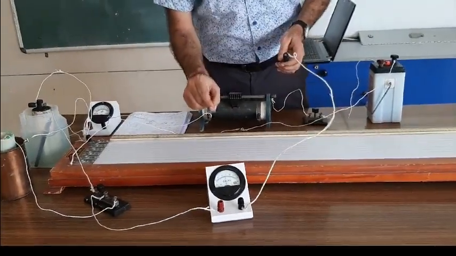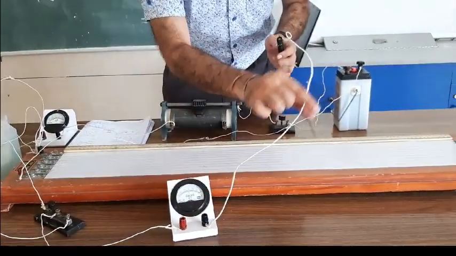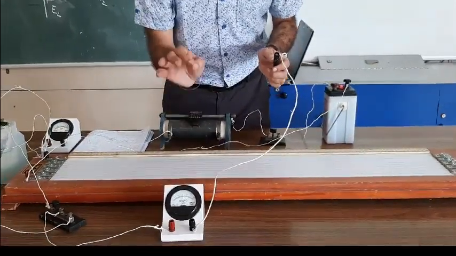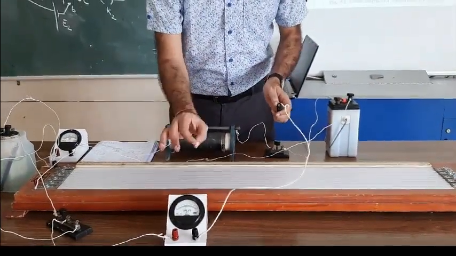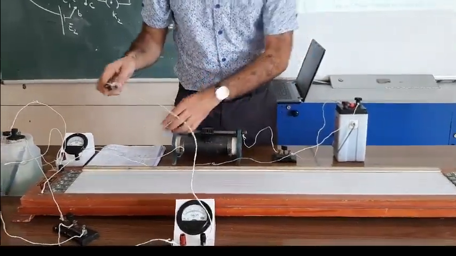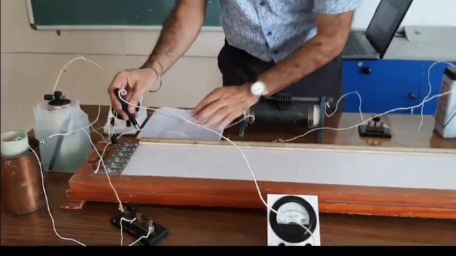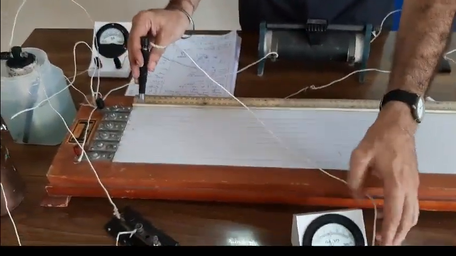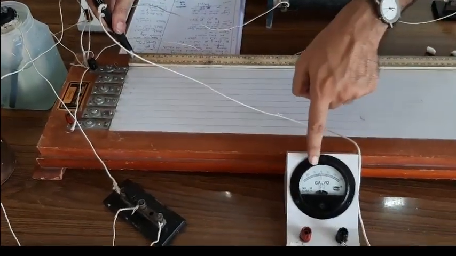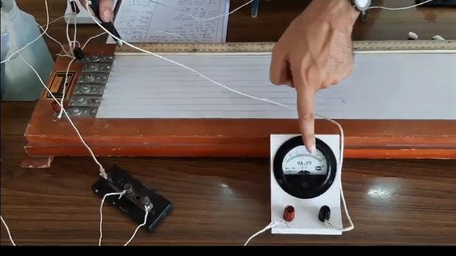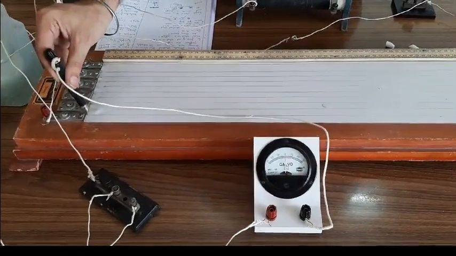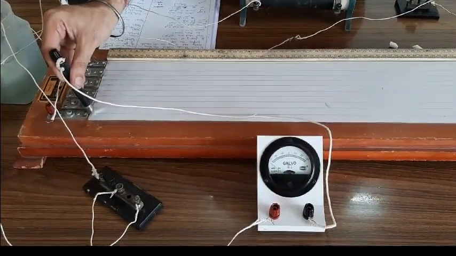For the sake of simplicity, for the moment we have removed the resistance box that was to be connected with the galvanometer, but the students are advised to connect that resistance box. Now, let us check at the two ends. Here, if we connect this jockey, we are seeing that the galvanometer is showing left side deflection, left. And on the other side, if we touch, again it is left.